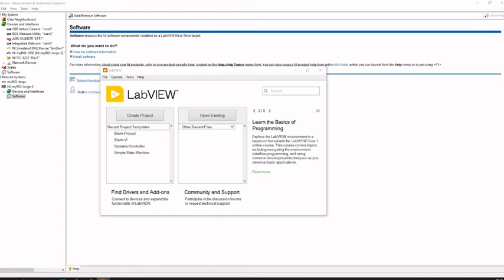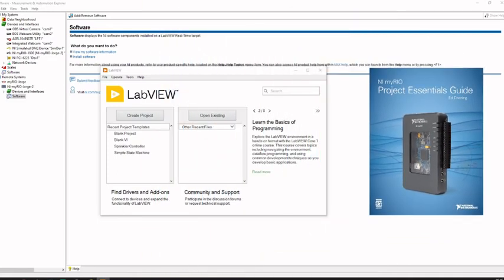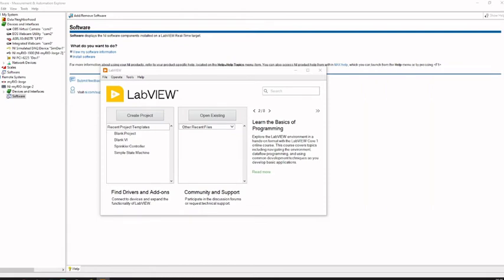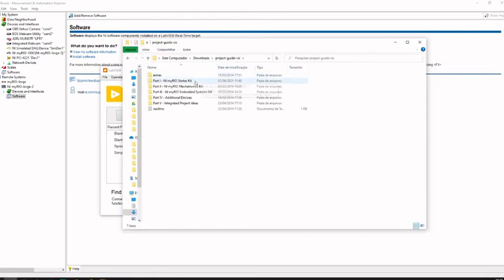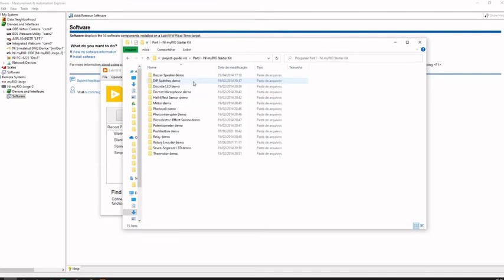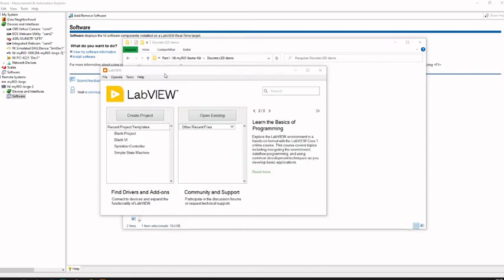The project that I'm going to open is one of the various projects that comes bundled with the book Essential Projects for myRIO. So I'm going to open a project here, this discrete LED. It doesn't matter which one, I just want to show you